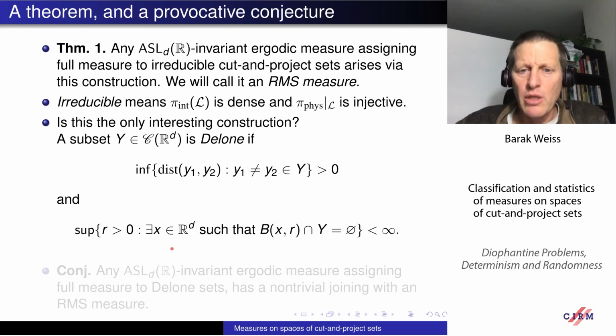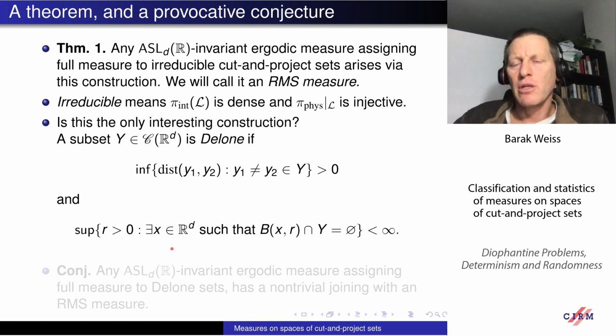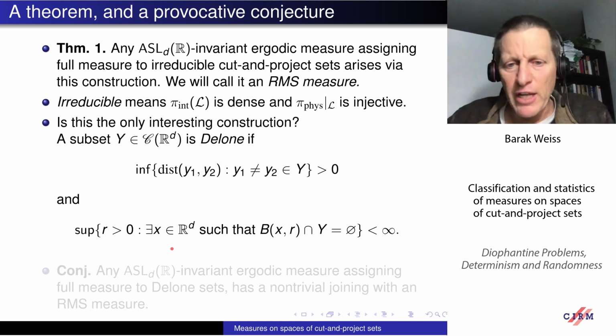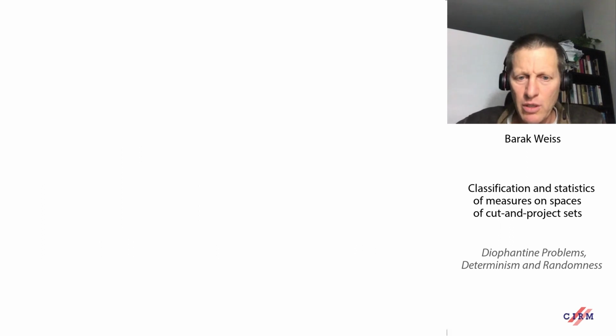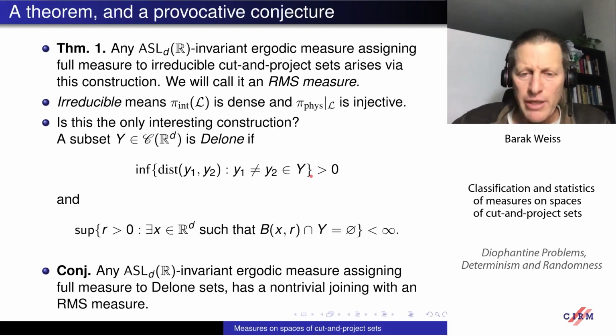There are no arbitrarily large open patches without any points of your set. So my conjecture is that any ASL_d invariant and ergodic measure which assigns full measure to Delaunay sets, again, Delaunay sets being a much wider class than irreducible cut and project sets,